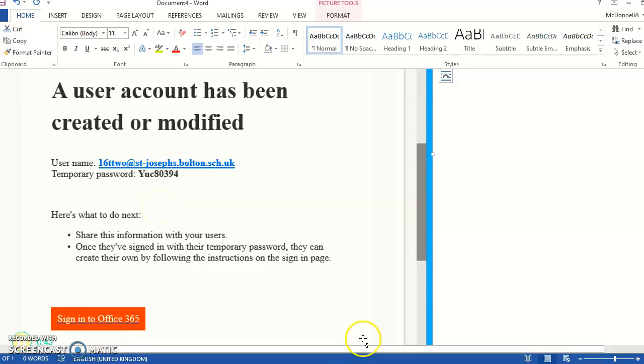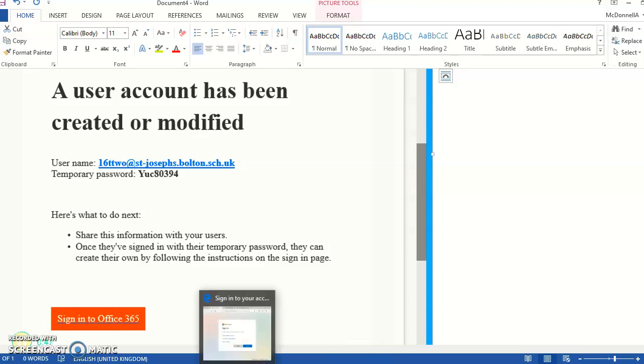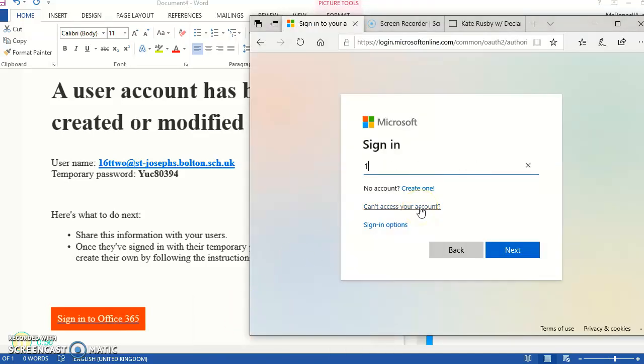16TTWO at, and everybody's surname is the same. So 16 is the year that I started, 2016. st-josephs.bolton.school.uk. Okay, and you'll find that most of you have got the year group, the year that you started, so whatever year you started at St Joseph's, plus your first initial and your surname. That should make up your